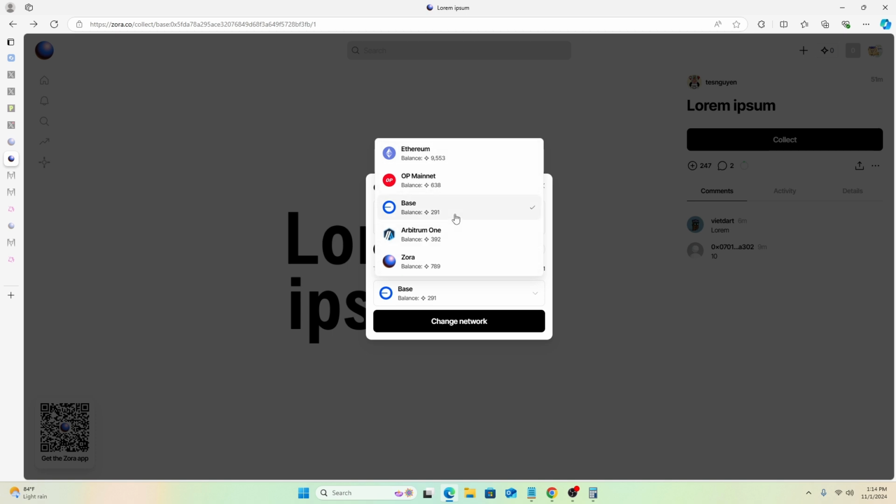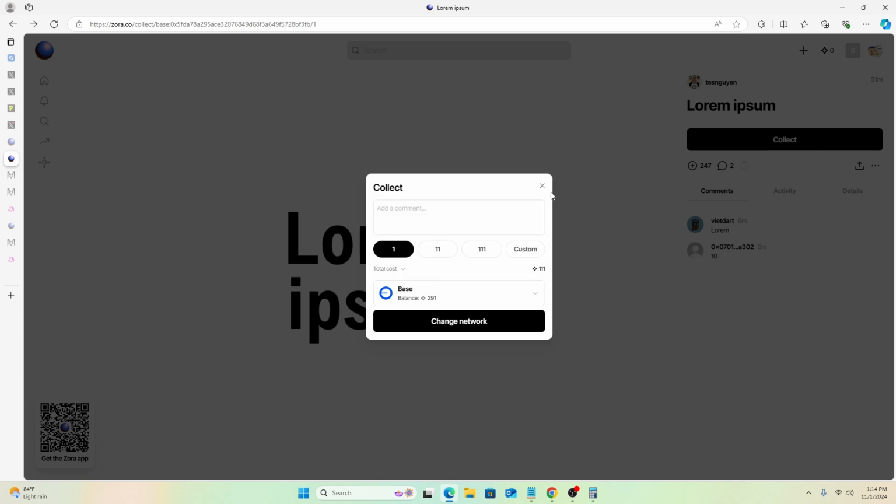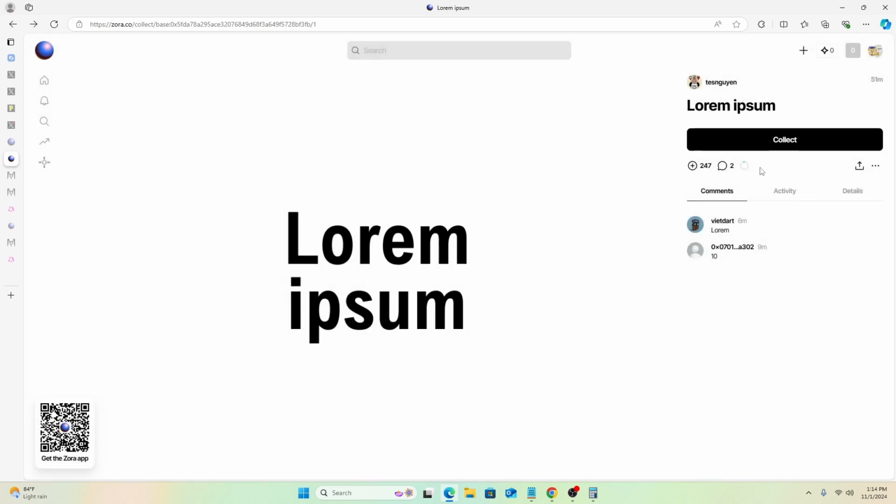So if I don't have funds on Base, for example, I can switch to Arbitrum and pay through Arbitrum. It doesn't matter where you pay. What you'll be getting in return is an NFT of the Base origin in this case. And then you'll be able to